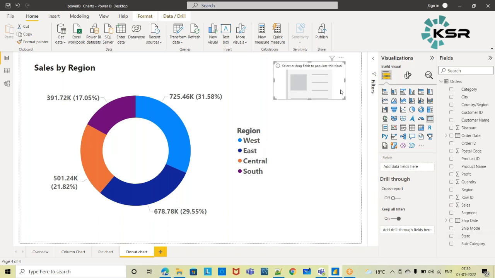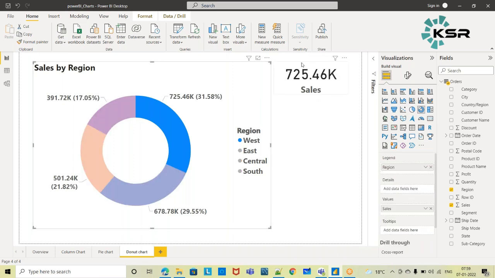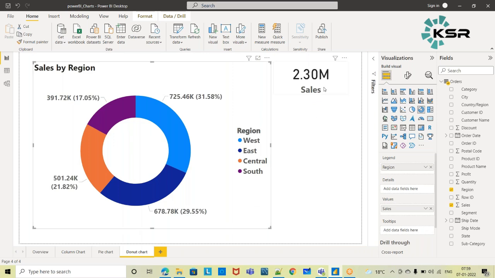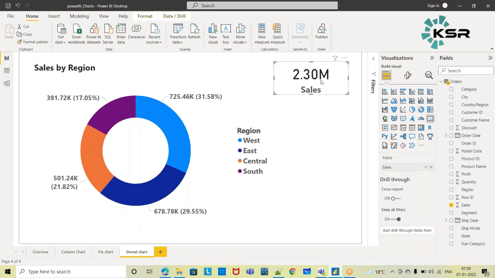So select this one, and in this fields form, right, you can add the sales. So what is it giving us? It is giving us the overall sales value, which I can drag and drop in between this donut chart.